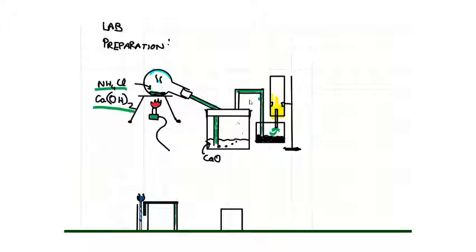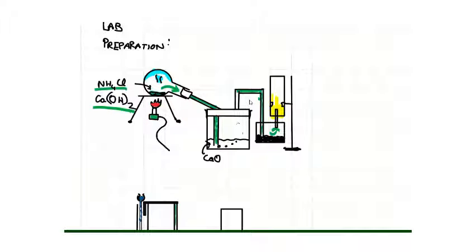Now, when it is heated to a sufficient level, we see water vapor rising and condensing on the round bottom flask. Now, why we have tilted the round bottom flask is because if this water vapor condenses on the top part of the round bottom flask, then it would trickle down the flask and come in contact with the hot part of the flask, thereby causing cracks or breakage of the flask. This is very dangerous.